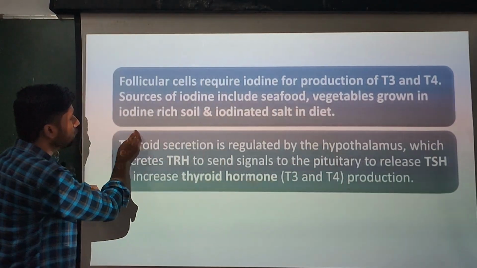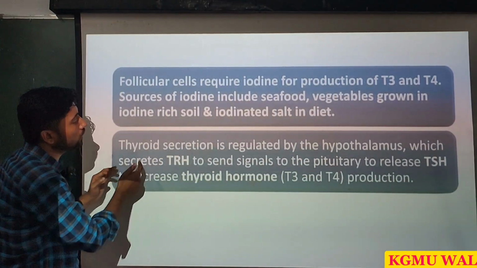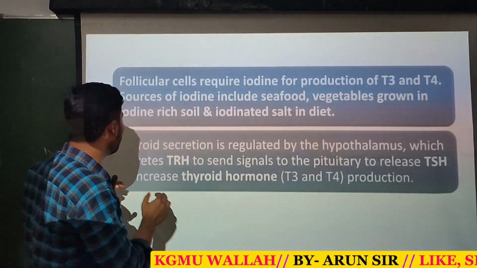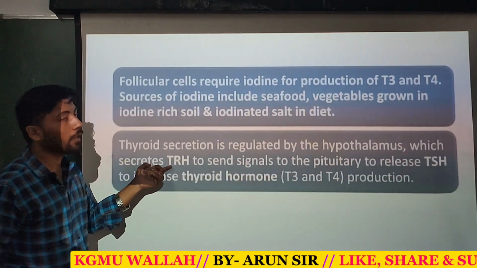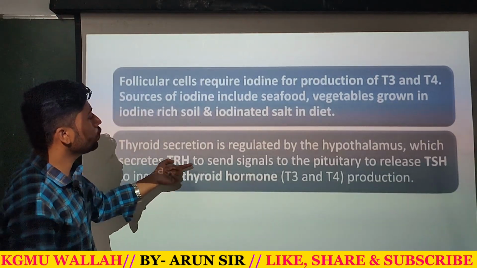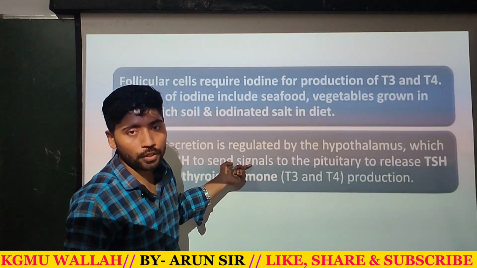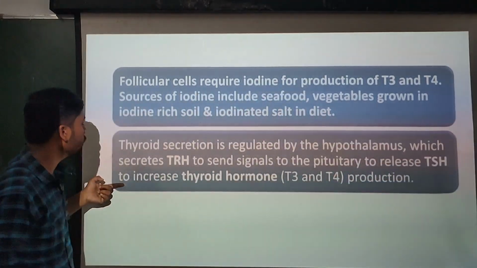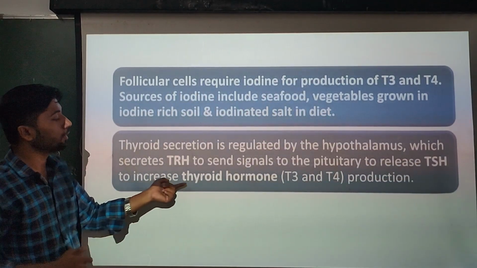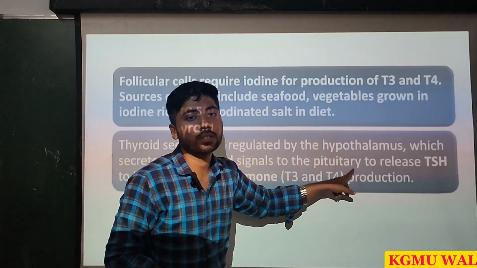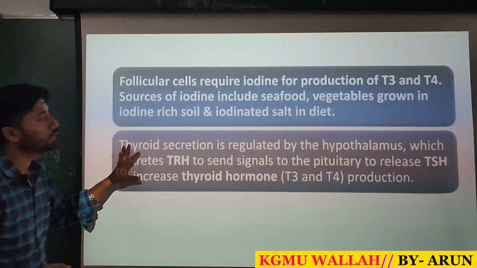Means thyroid secretion is regulated by the hypothalamus, which secretes thyroid releasing what? Thyroid releasing hormone to send the signal to the pituitary, and after that it releases which hormone? Thyroid stimulating hormone, which increases the thyroid hormone, that is T3 and T4 production will be increased. Clear? Next,